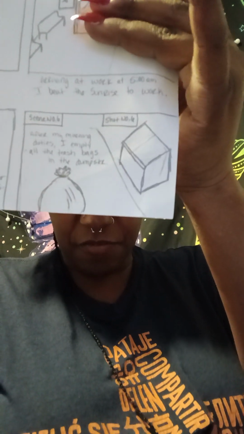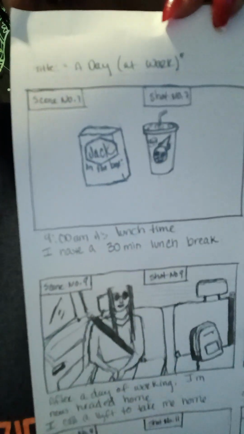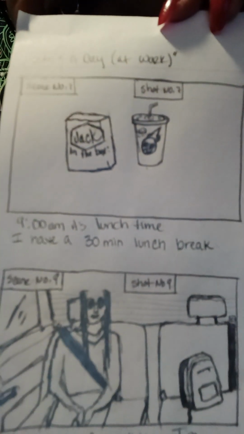Then before I finish my morning duties, I'm throwing all the garbage away in the dumpster. So as you can see, that square thing is a dumpster, and that's my big old bag of trash, okay? Then, pretty much after I finish with all of that, it's doggone near close to my lunchtime. So this is me ordering from DoorDash. It just says Jack in the Box, okay? Then after lunch, I do more cleaning.